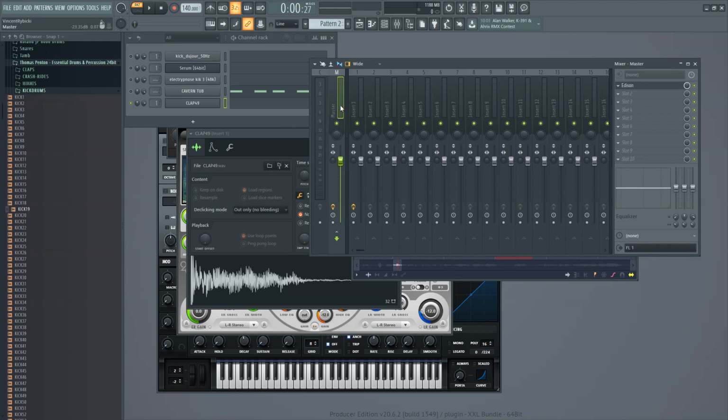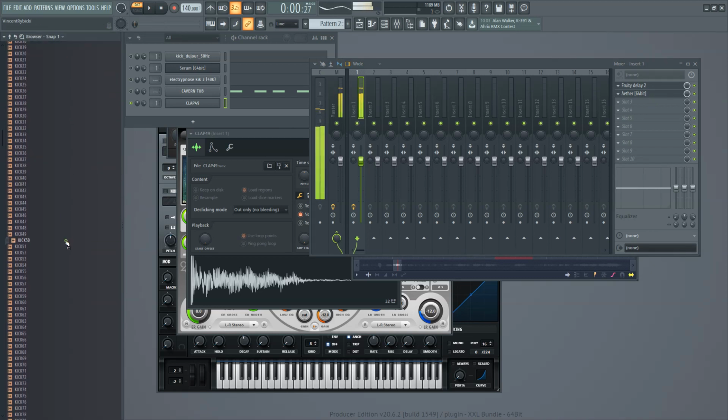Actually, if I did it before with the master, I could also load an effect on the master, but maybe I don't want to have the effect on the master all the time. So here now anything that I play from my browser is going through insert 1, where I have now a delay and a reverb. So this is something I do a lot of sampling like this. I will load effects here and just preview like this, and I can record them directly into my project